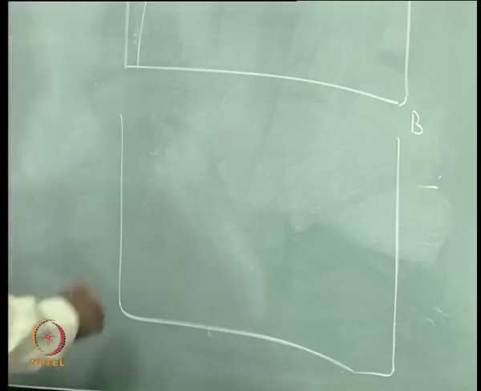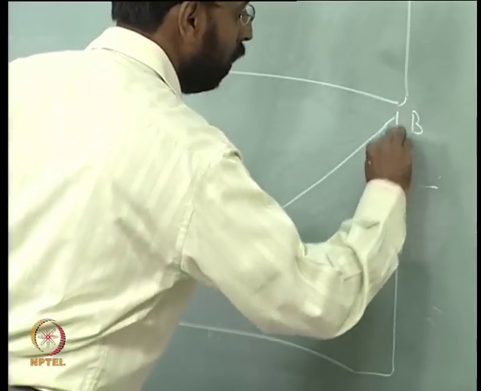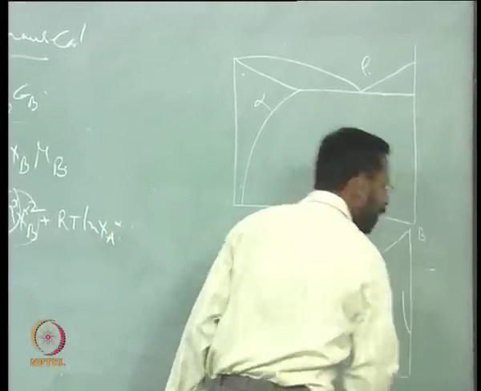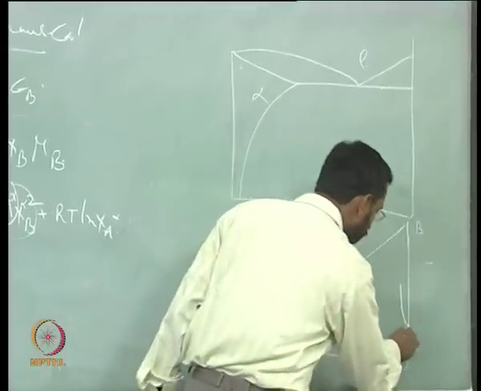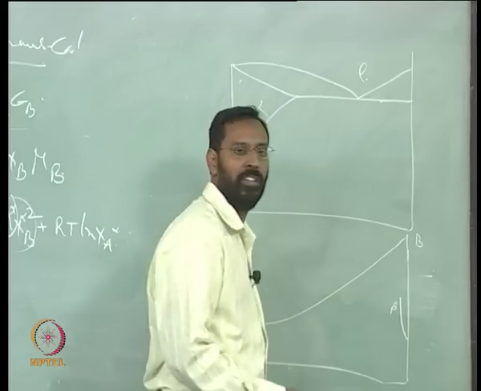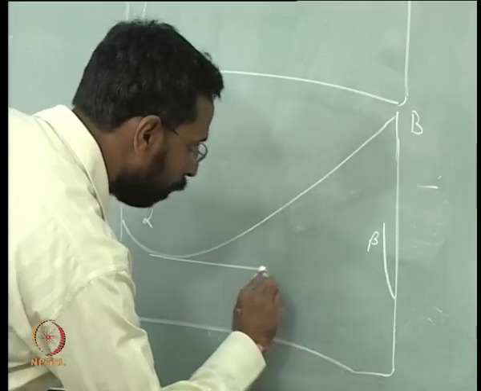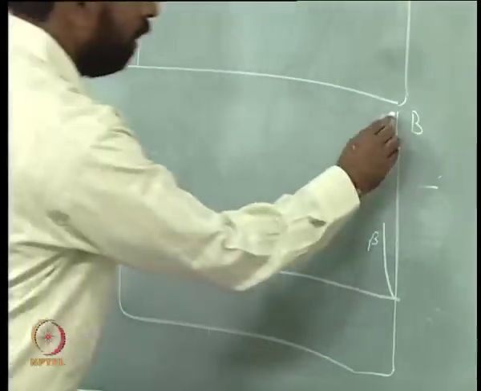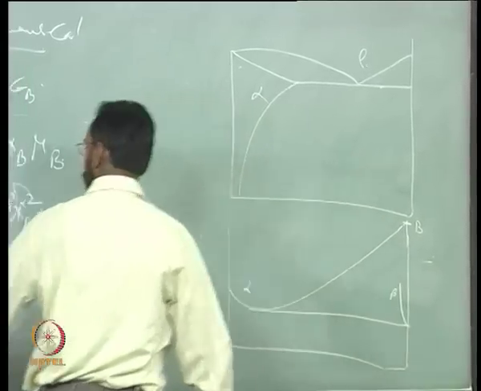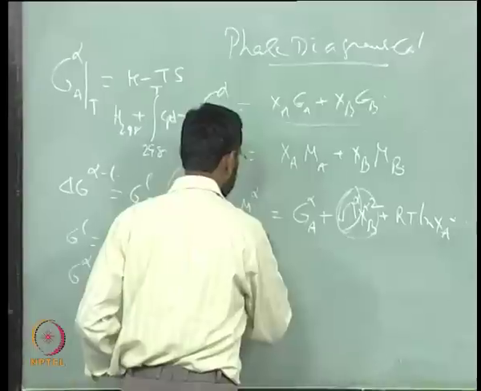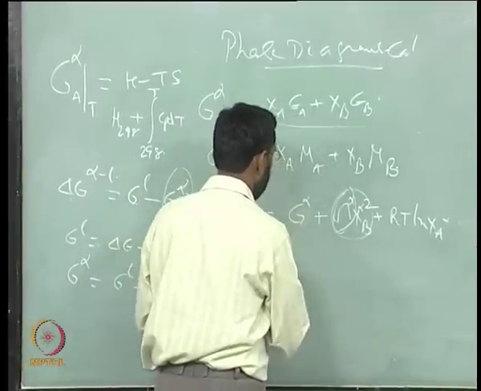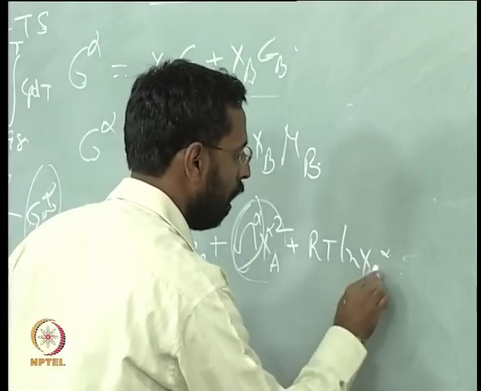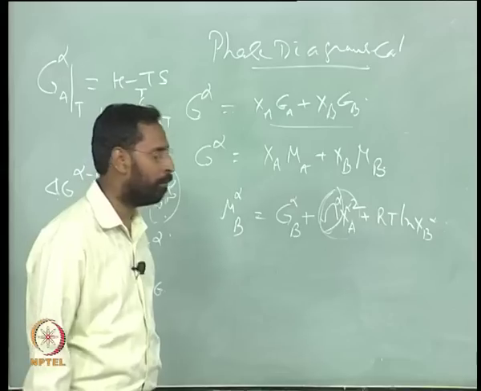If I draw a free energy composition diagram, how does it go? So this is for alpha, and you have a beta. Beta actually is a B, pure B. I can simply write it as beta here, but which is almost like a pure B, and draw a common tangent between both of them. Am I right? Now, what is this value? Okay, if I write this in terms of B, I put B, simply I did it in terms of B because we are on the B side.